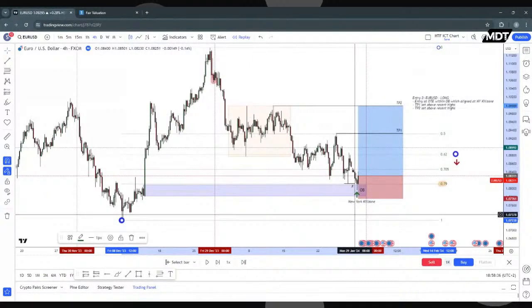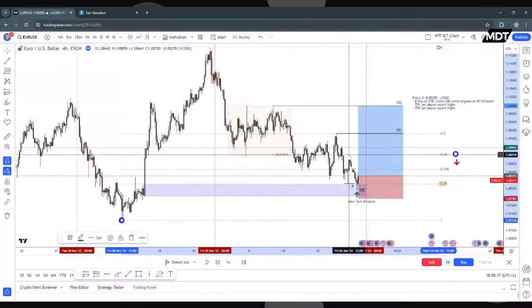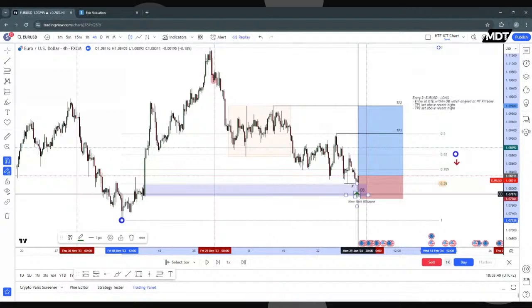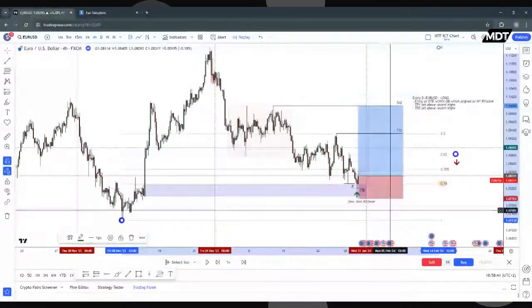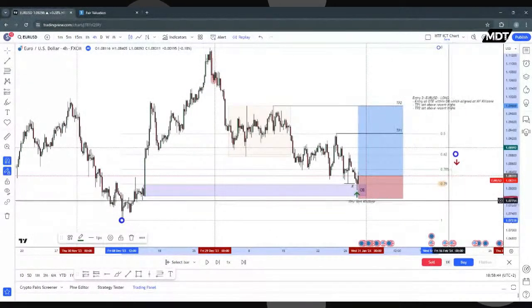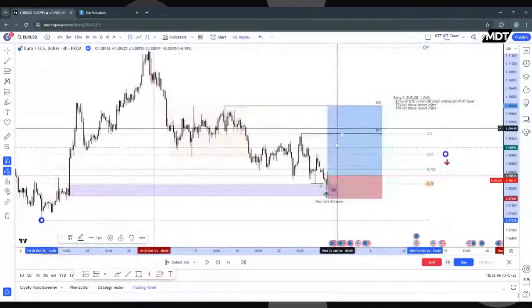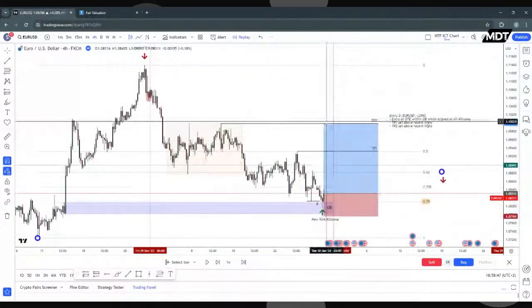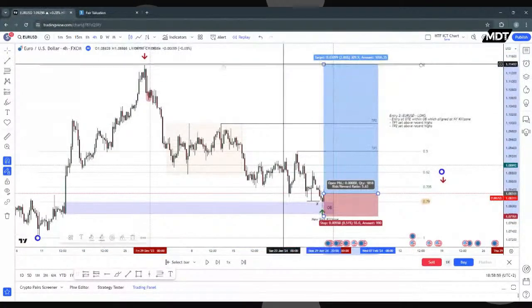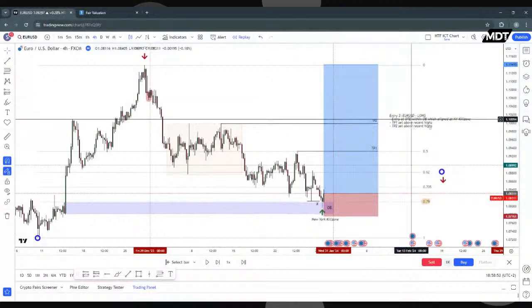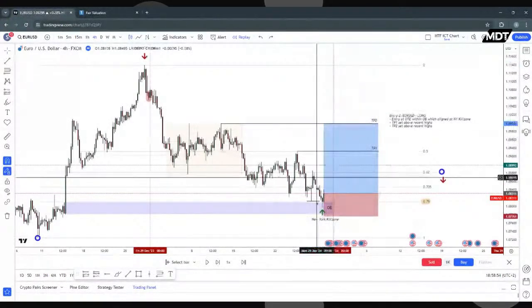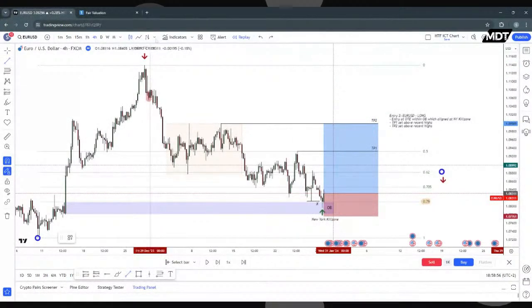Then we got the tap into there. We swept liquidity as we tapped into this key indicator level, and we've had a bullish retrace to the upside. Technically, I should be targeting these highs up here, and just to remain neutral, I'll